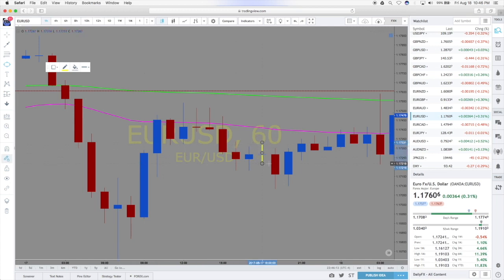They're going to be candles like this one here, candles like this one here, or like this one here, or even this one up here. So why am I pointing out these candles that barely have any body or no body at all? What are these candles? Why are they important? Okay, so these are called Doji candles, and that's